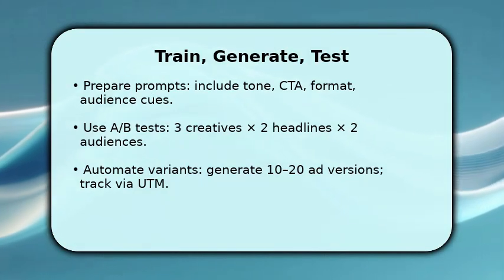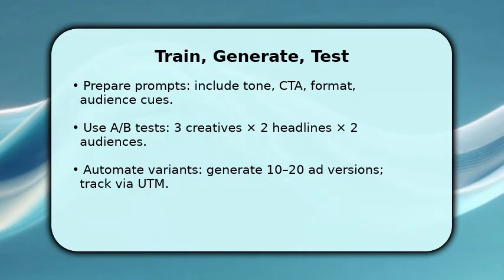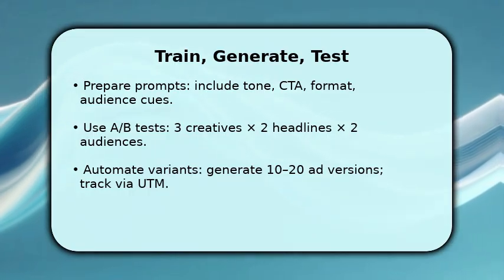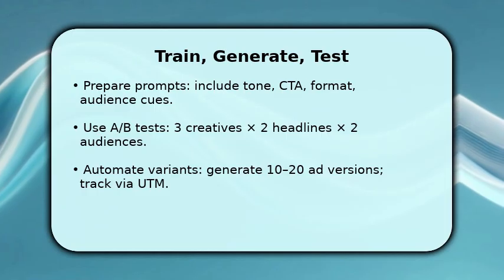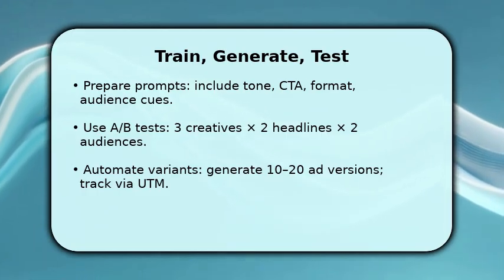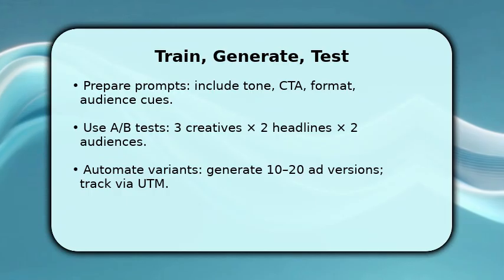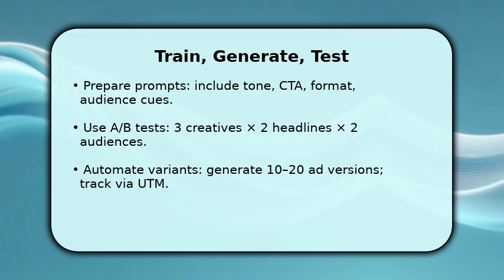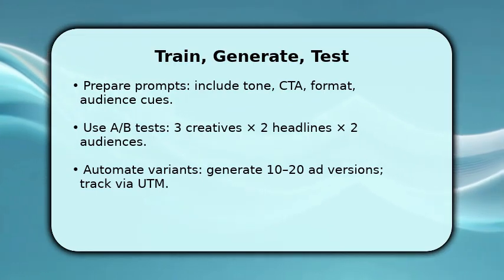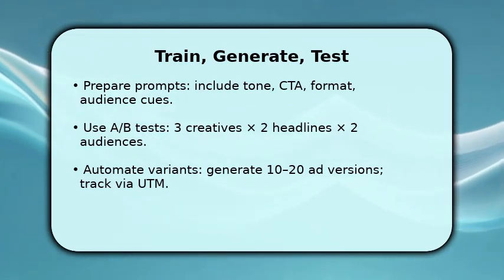Use an A/B framework, for example 3 creatives, 2 headlines, and 2 audiences to isolate winners. Once done, automate variant creation to produce 10-20 versions and tag each with UTMs for reliable attribution. Make sure to run short tests, analyze CTR and CPA, and feed winning patterns back into your prompt templates to